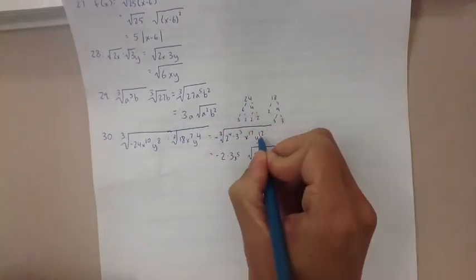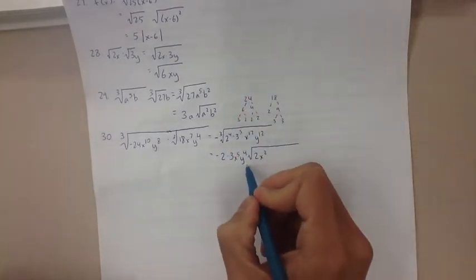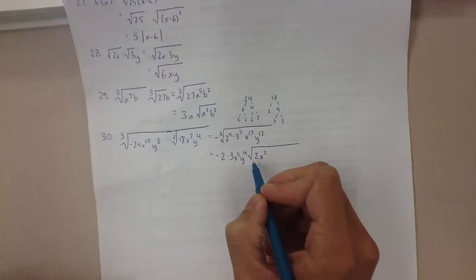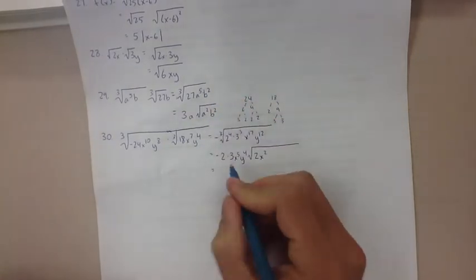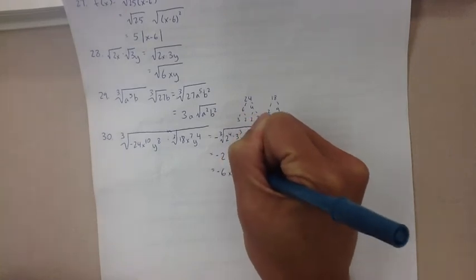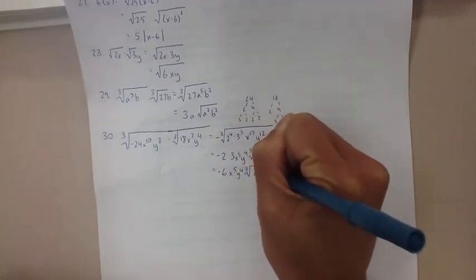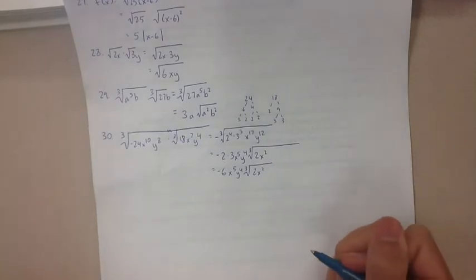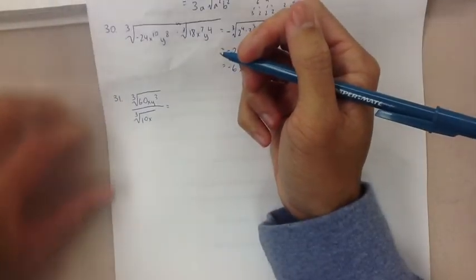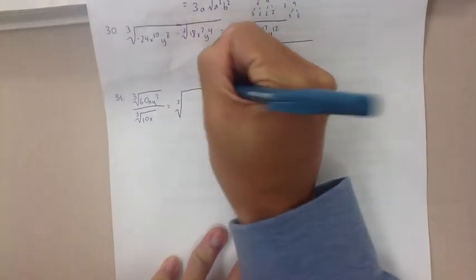Y to the 12th, 3 goes into 12 4 times with no remainders. So that is my final answer for number 30. Well, almost. 2 times 3, 6. X to the 5th, y to the 4th, cube root 2x squared. Number 31. It's probably easiest to try and simplify these first by putting them all under a common